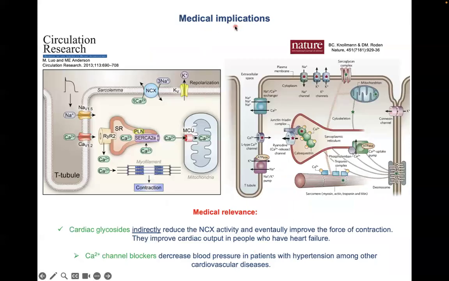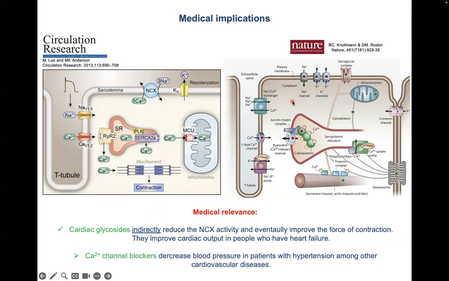Medical implications. I have at least two. Cardiac glycosides. Now these inhibit the sodium-potassium pump. Remember, the activity of the sodium-calcium exchanger depends on the activity of the sodium-potassium pump. If we inhibit this pump by cardiac glycosides, this indirectly reduces the activity of the sodium-calcium exchanger, which you see here and here. So this results in longer